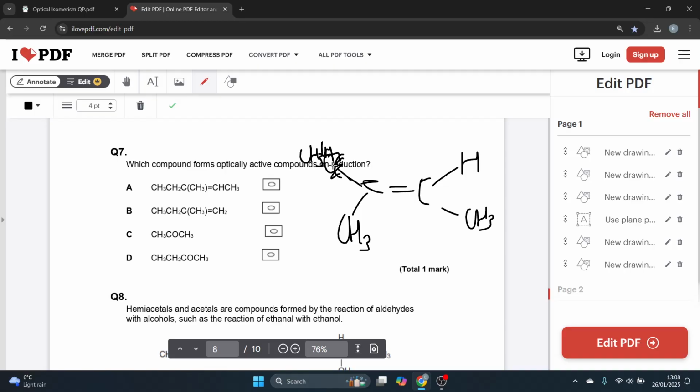Which one will form optically active compounds on reduction? So I can reduce secondary